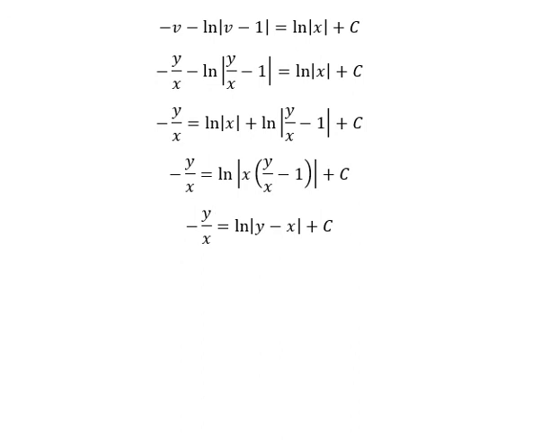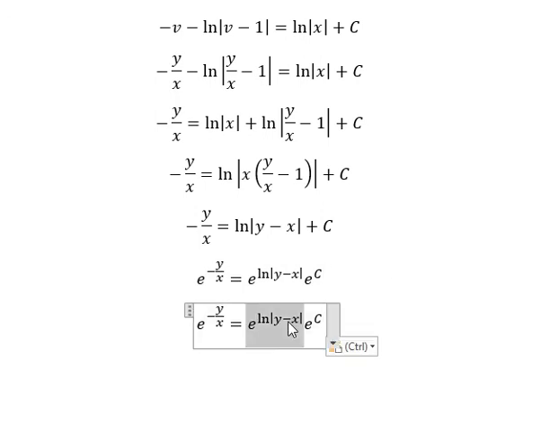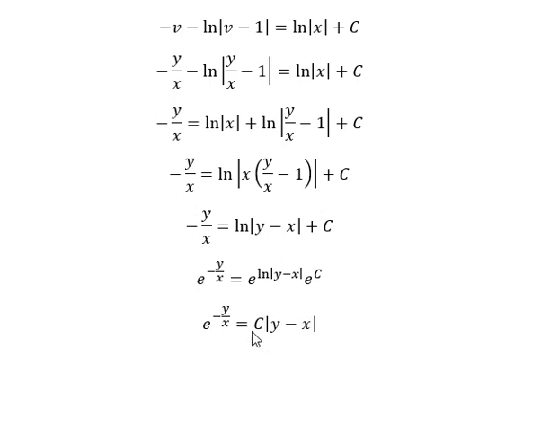Next, I will put e for both sides. For this one, we have the absolute value of y minus s. E to the power of c, they still consider as the constant. So I will put c on the left and e to the power of negative y over s on the right. So we will have 1 over c